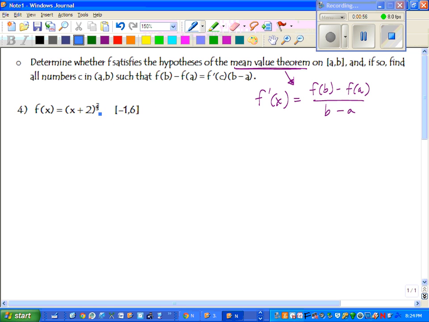So the derivative for this one, we have 2/3 times (x plus 2) to the -1/3 times the derivative of the inside, which is just 1. So we can leave it that way. That equals f of 6 minus f of -1, all over 6 minus -1. Well, on the left, we can rewrite this a little bit: 2 over 3 times the cube root of x plus 2,